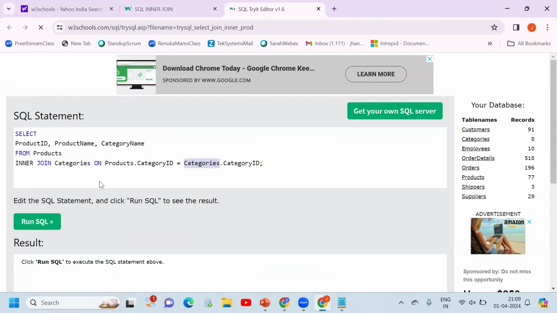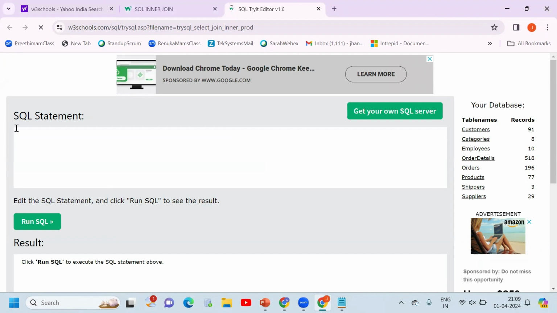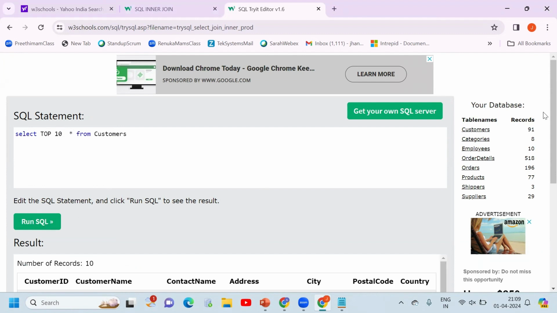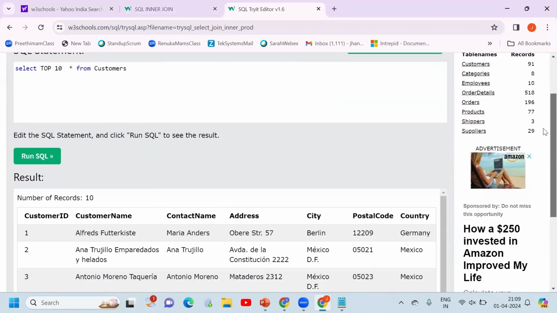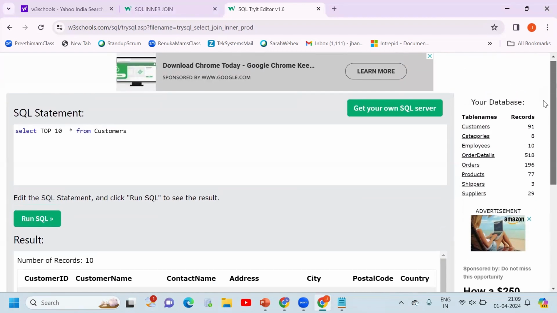To understand which particular table has which columns, we can first do something like this. Select top 10 star from customers. This is going to give sample records, the first 10 records from my customers table. So here what I do have is customer ID, customer name, contact name, address, city, postal code and country. Let's also see the second table which is products